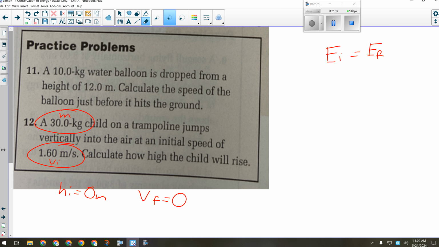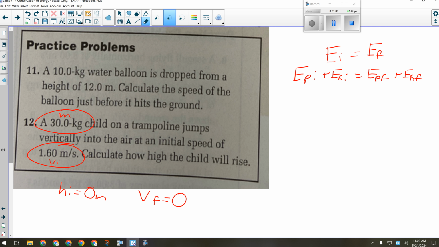All right, so that means then that I can do this. Initial potential plus initial kinetic equals final potential plus final kinetic. Would you get marks for most of this work on a test? Oftentimes, guys, a question like this would probably only be maybe 6 marks, but when you start getting a little more stuff into it, it can be upwards of 7 or 8. So you want to show all of your work.